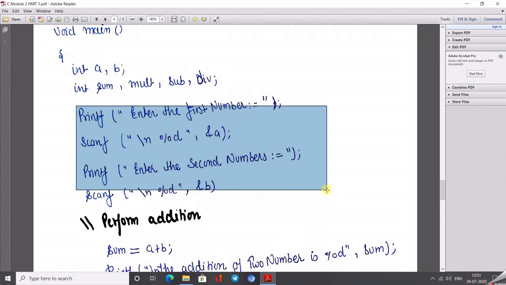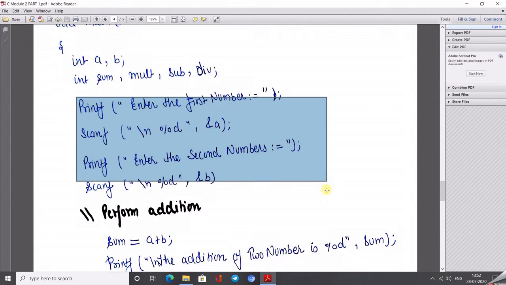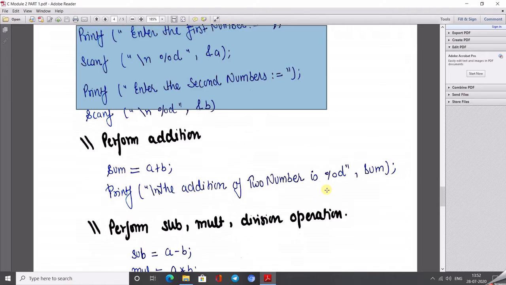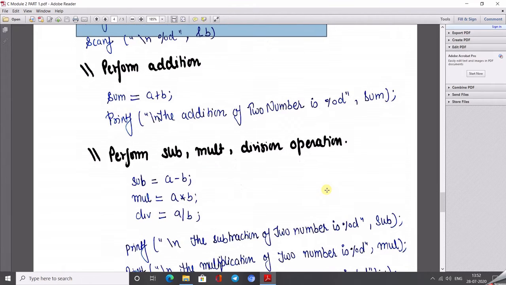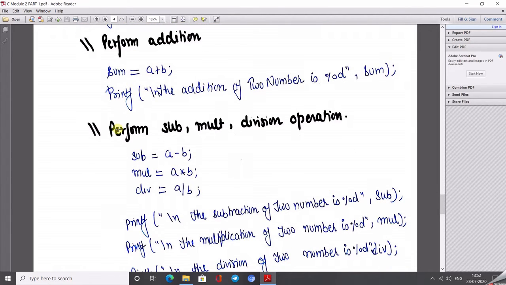Enter the first number and store that in variable a. Similarly, take the second value from the user and store it in variable b. After that, perform our operations one by one. First of all, I am going to perform my addition operation. So what is the logic behind this? I just perform the addition of two numbers and store the resultant value in the sum variable.